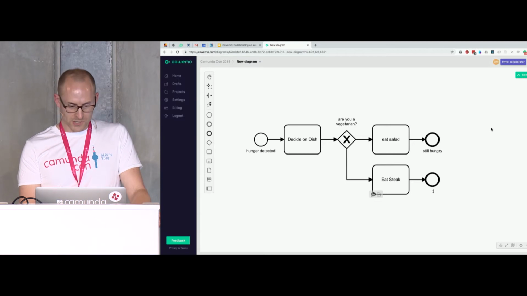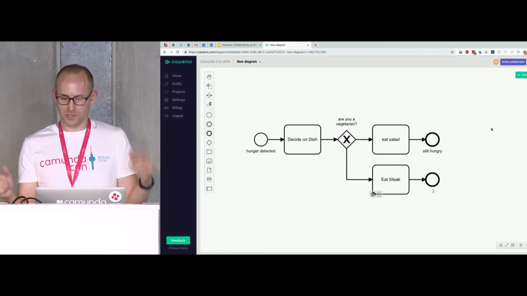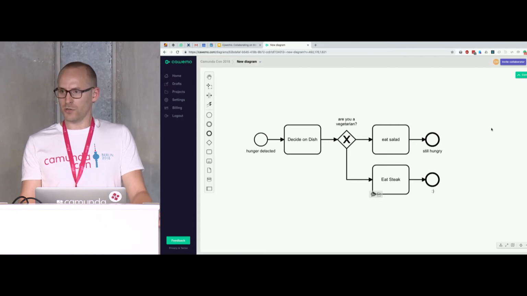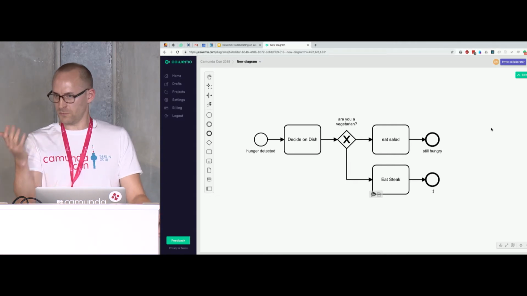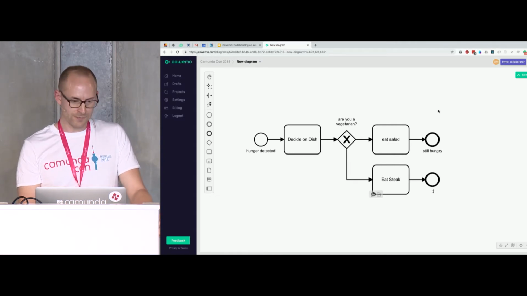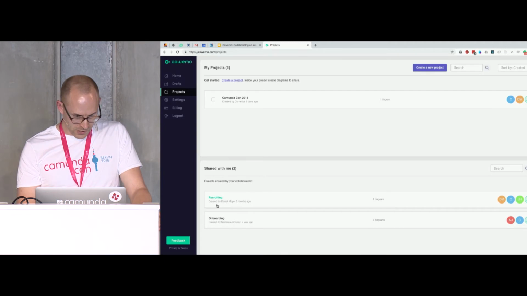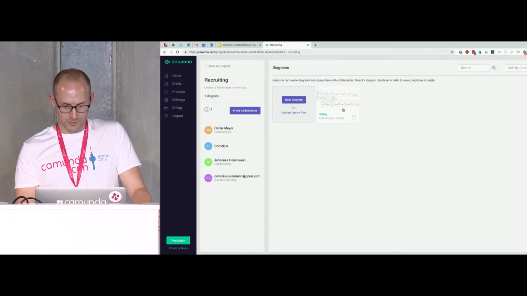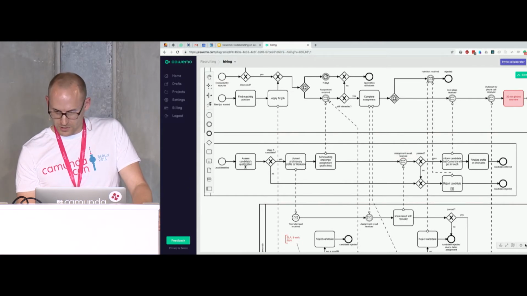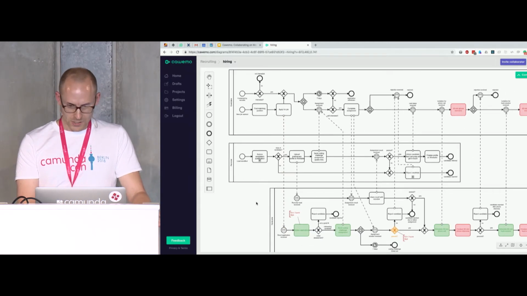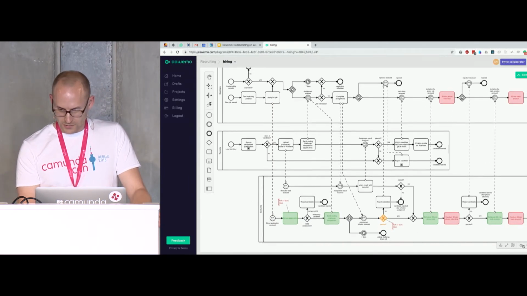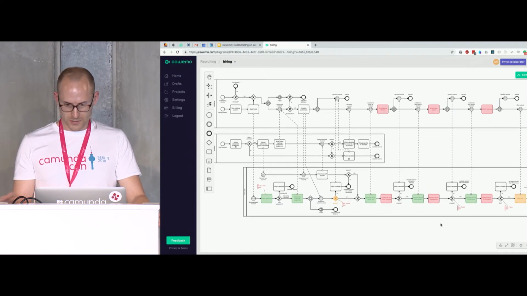There is one feature that comes particularly in handy if you have large diagrams you are collaborating on, and maybe you are in a telephone conference, like 20 people are watching the same diagram using Cawemo. You can watch the changes in real time, but maybe there is a question asked for one particular element. So what I'm going to do now, I'm going to open up our a little bit more complicated hiring process. Looks like this. I mean, we really make a science out of hiring, as you can see. And Daniel also has access to that one. And now maybe he can just point me to an element that he wants to get my attention to.